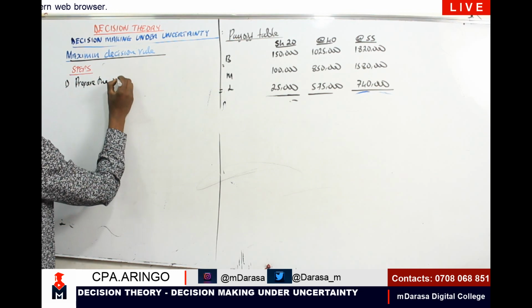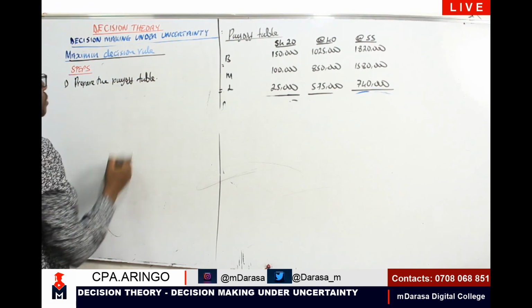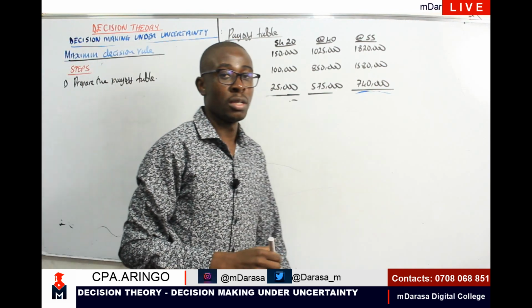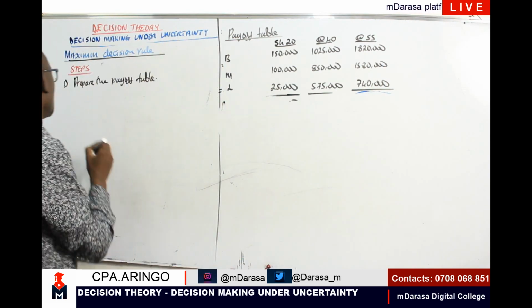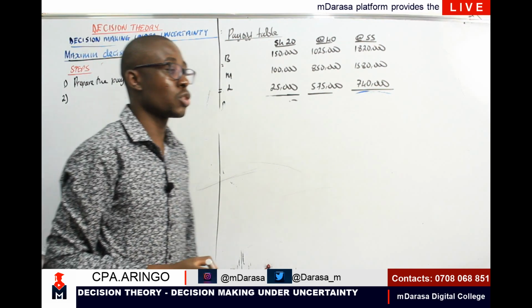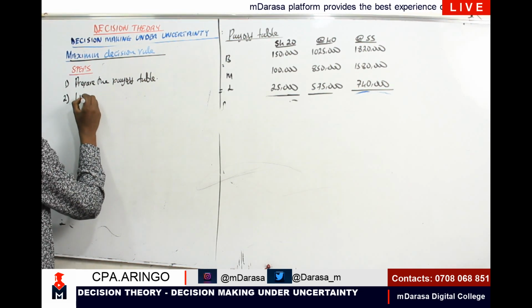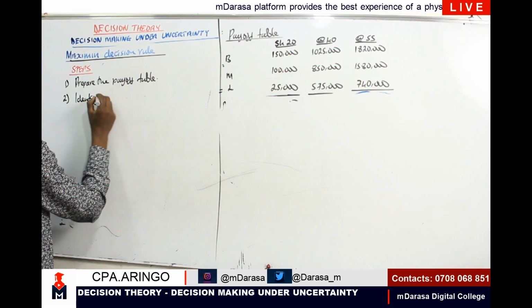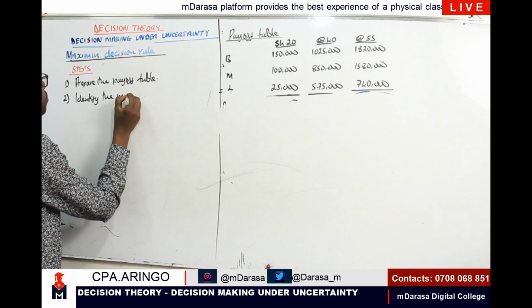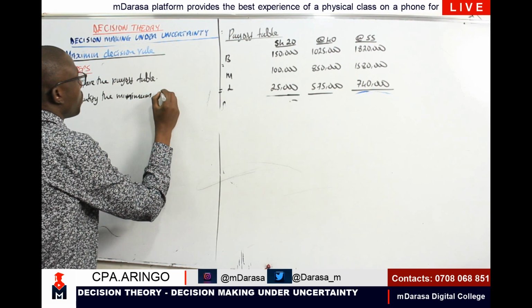Prepare the payoff table. That should be your step number 1. Step number 2, what you need to do after you've prepared your payoff table is to identify the minimum payoff